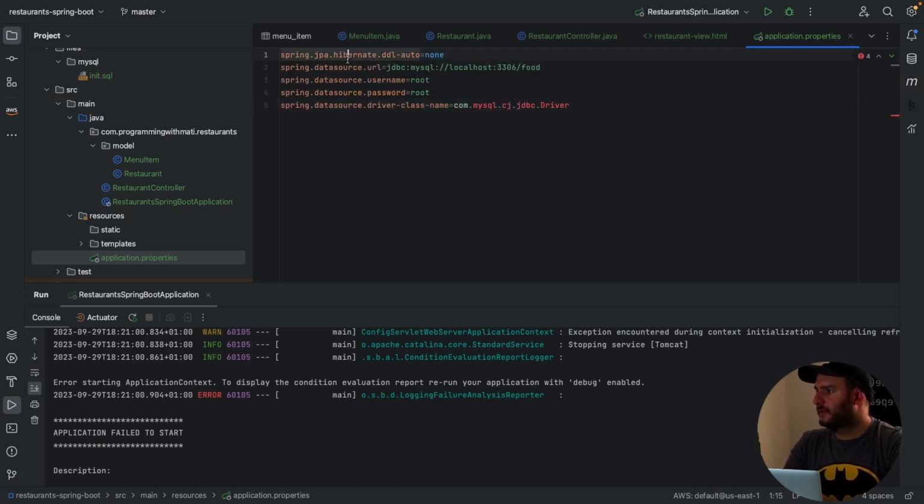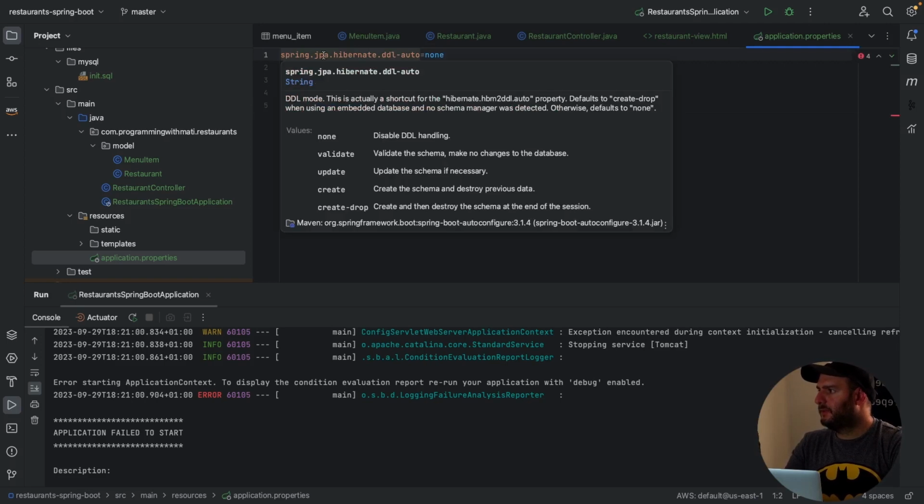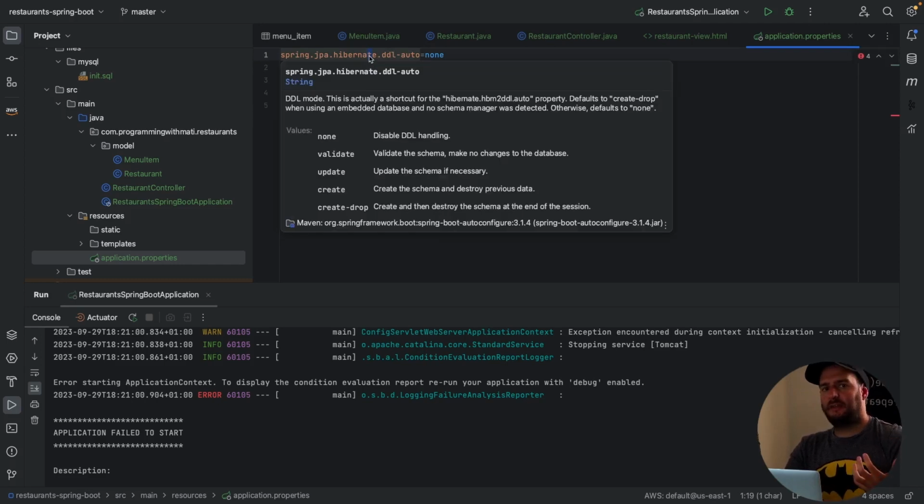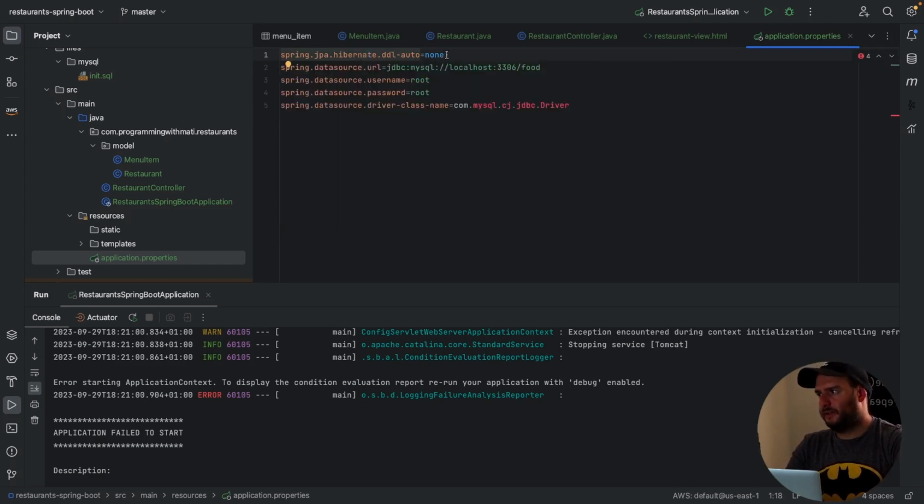So the first property here is telling Spring, do you need me to generate the database for you? And we're telling it no. Then, which is the URL of the database, so the connection string. You have to use JDBC as the protocol, MySQL,